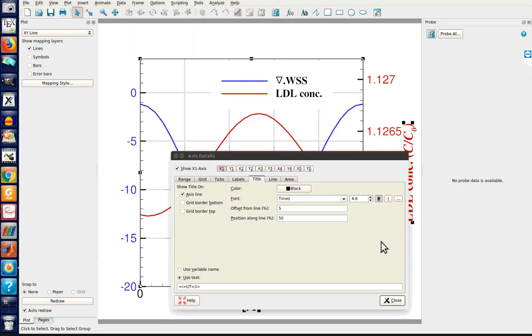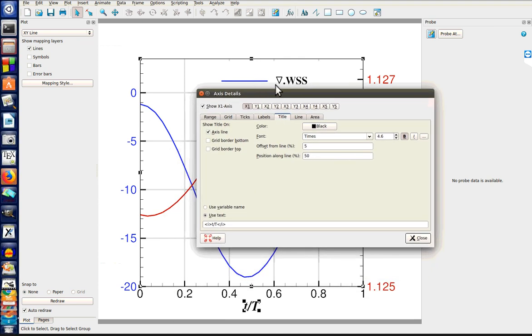Go back to the graph, and the axis detail window is already open. So this is actually the y1 axis. Click on y1 axis, and whatever you want to include, just type it here. Now we know that to include nebula we have to use the English letter Q, but before that we have to include the math command. Before that, then write the capital letter Q, then end the math command.